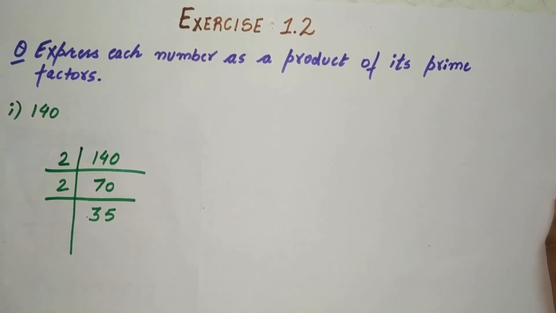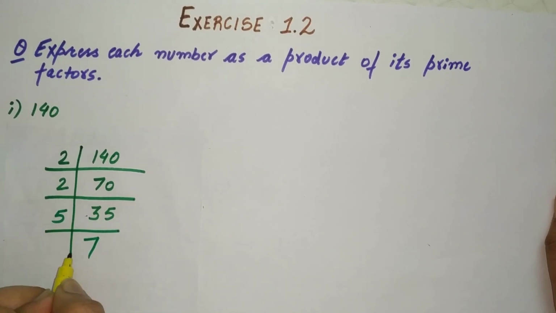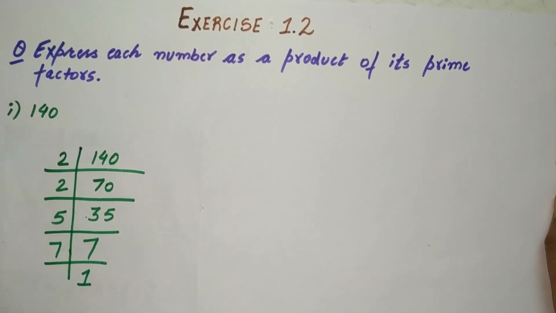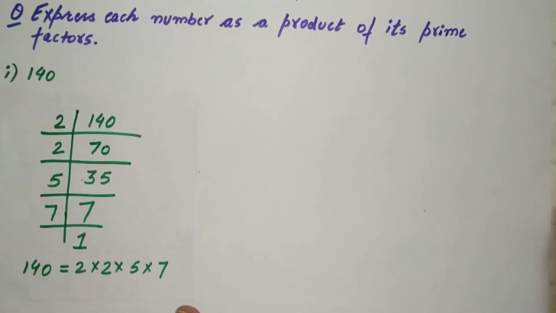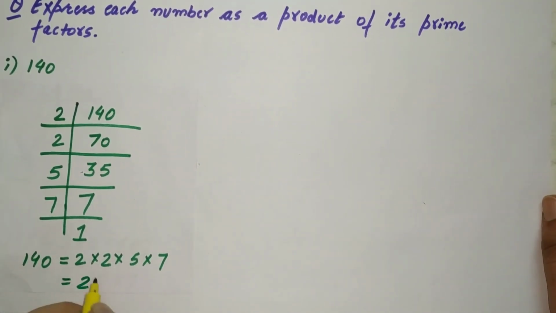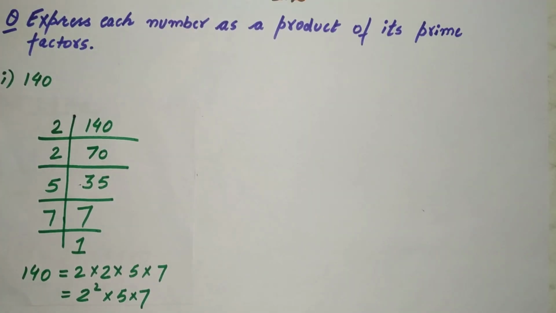Yes, 35 is divisible by 5. Now 7 is a prime number, so it's a factor of 7. Hence, the prime factors of 140 are 2, 2, 5 and 7. It can also be expressed as